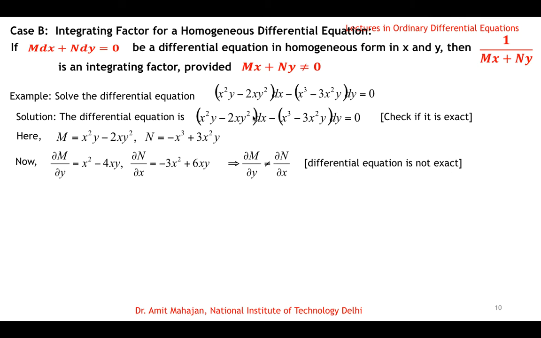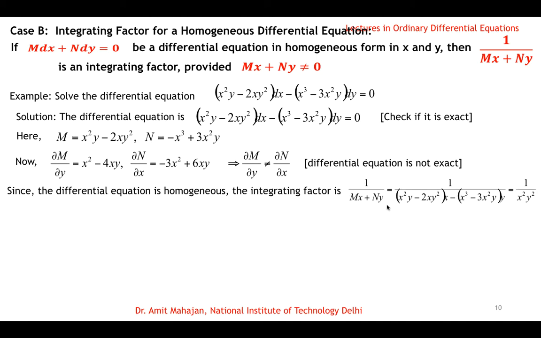But because the differential equation is given a homogeneous one, each term has third degree xy factor, so you can calculate the integrating factor as 1 over mx plus ny, so this times x plus this times y in the denominator, and so integrating factor is 1 by x square y square,